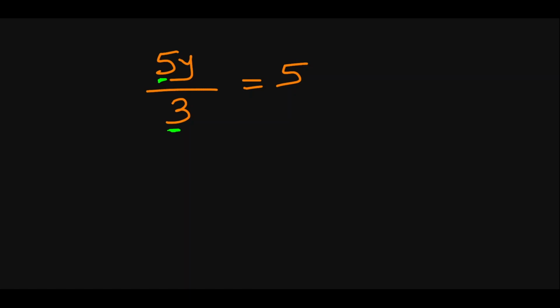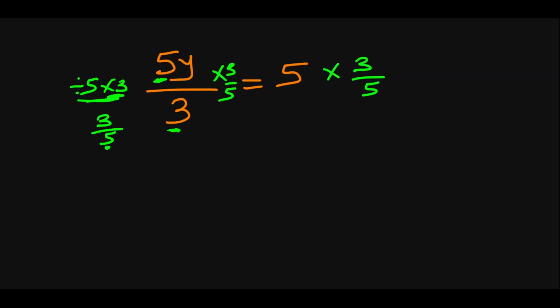So if you wanted to isolate y, all you need to do is do the opposite, that is the sibling operator. So since 5 is multiplying y, you have to divide by 5. And then since 3 is dividing y, you have to multiply by 3. This combination is the same thing as 3 over 5. That is multiplied by 3 divided by 5. So on this side, we'll say times 3 over 5. And then we'll repeat the same thing on this side, times 3 over 5, so that this 3 will cancel this 3, and this 5 will cancel this 5.